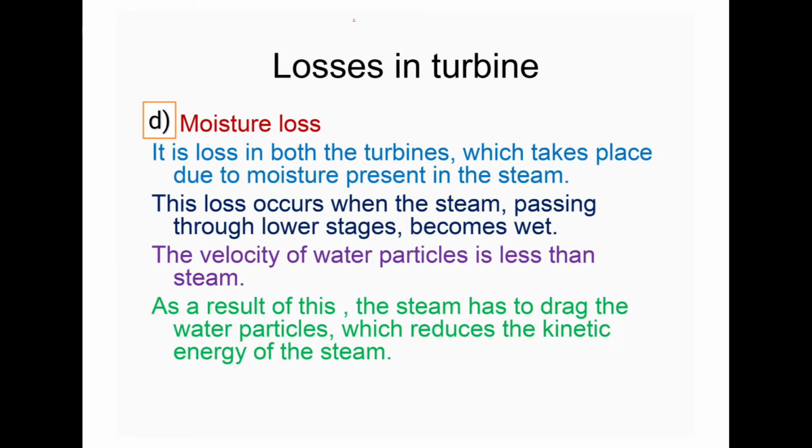These turbine losses also appear from the moisture content. It is a loss in both turbines which takes place due to moisture present in the steam. This loss occurs when the steam passing through the lower stage becomes wet. The velocity of water particles is less than steam. As a result, the steam has to drag the water particles, which reduces the kinetic energy of the steam, which means